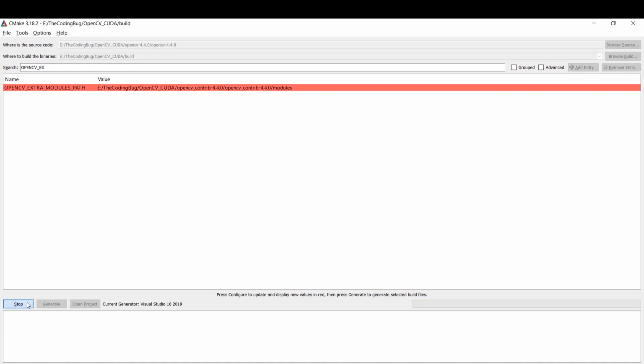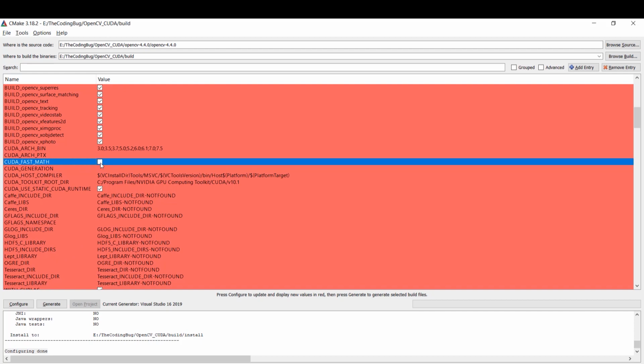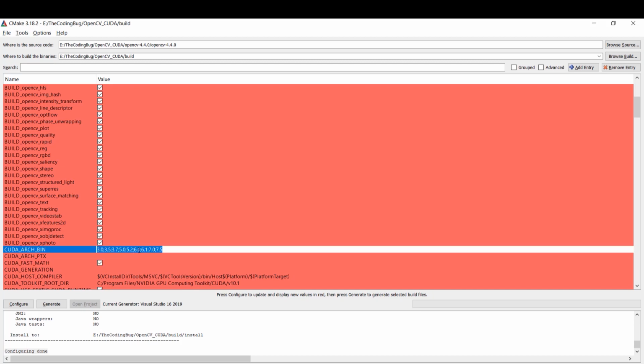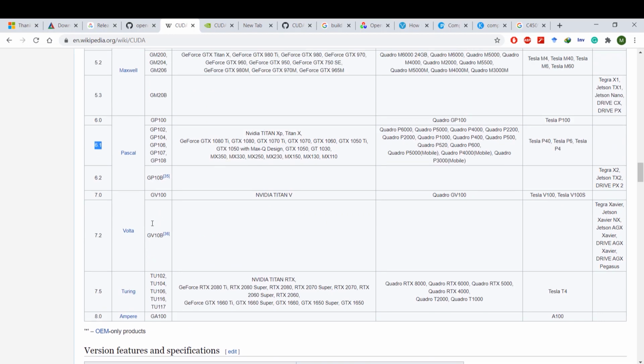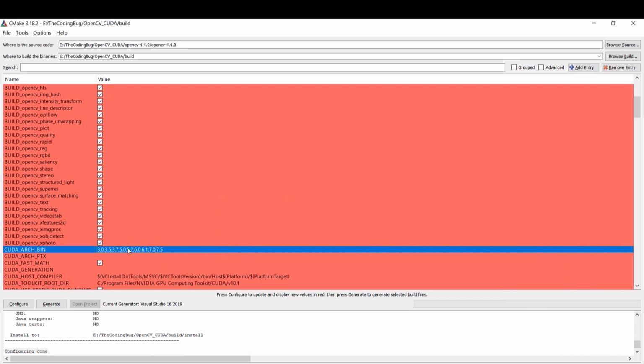This time you will see a few new options in red color. So check enable CUDA fast math and then find CUDA arch bin property. So this is basically CUDA architecture binary. And here you will see the compute versions of CUDA for which OpenCV should be built.